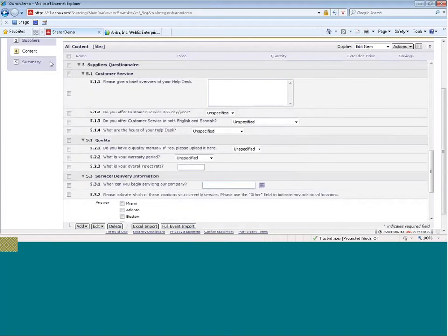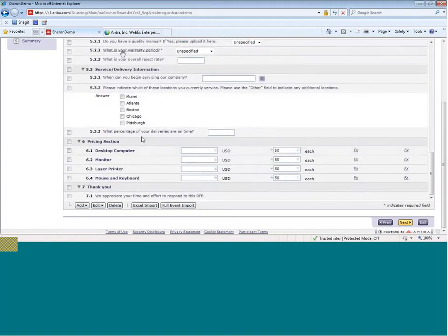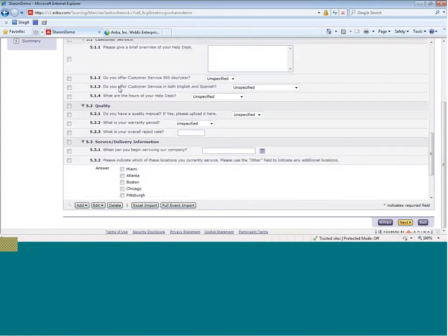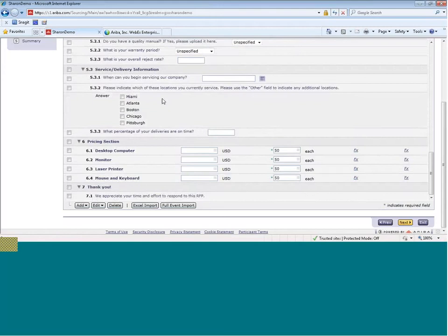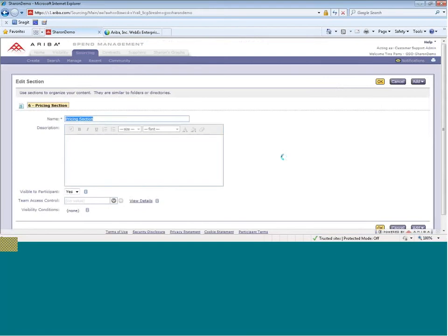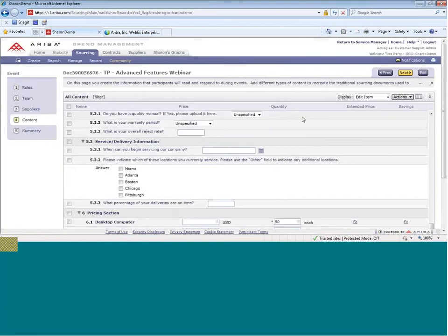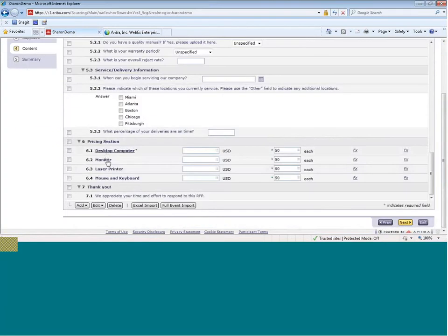If I go into this, we've set up various different questions, right? And these are the responses, right? So if I look at the supplier's questionnaire, these would be the responses where alternate responses might be enabled. And then if we look at pricing, these are the pricing components where pricing alternatives might be enabled, okay? In order to enable that, though, if I look at this from a pricing perspective, we'll focus on that for a moment first. Okay, this is just a section, no relevance as far as making it available in alternatives. However, if we get into the items,